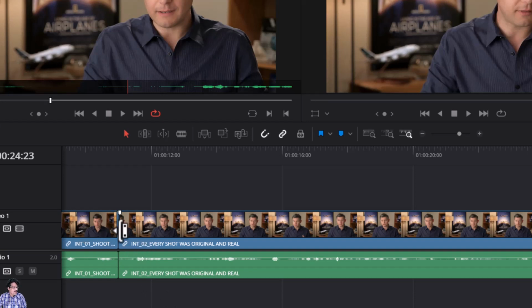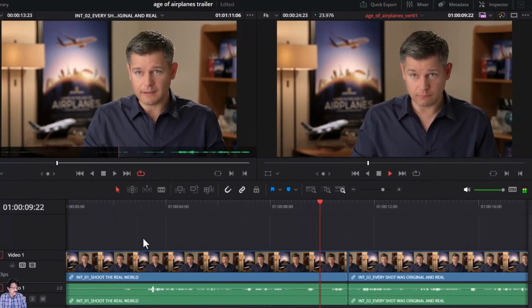Now, we have 2 clips, and if I press the up arrow key, I will come to the previous edit point, and at the previous edit point, if I press the / key, which is next to the right hand shift key,